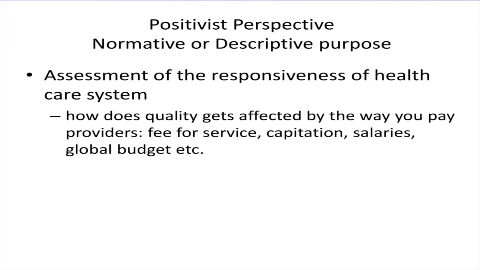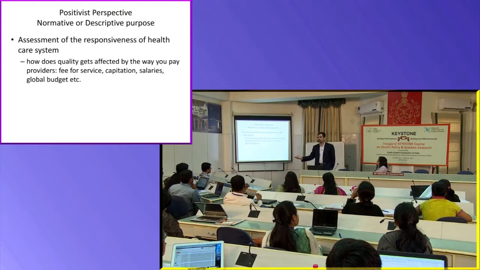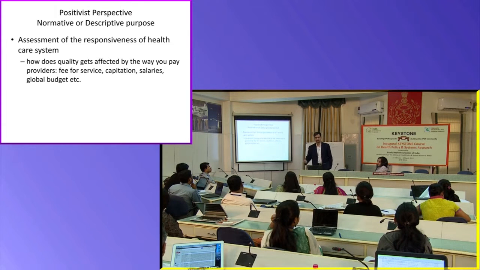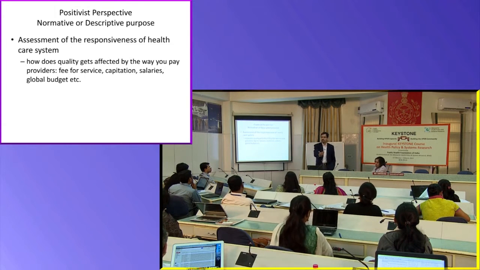This is the third objective of our health system. How does responsiveness vary with the way you pay your providers? If you pay fee for service versus you pay a capitation versus you pay a salary. Why are doctors in the public sector not able to perform that much if you pay them by salary, versus if you start paying them an RSBY